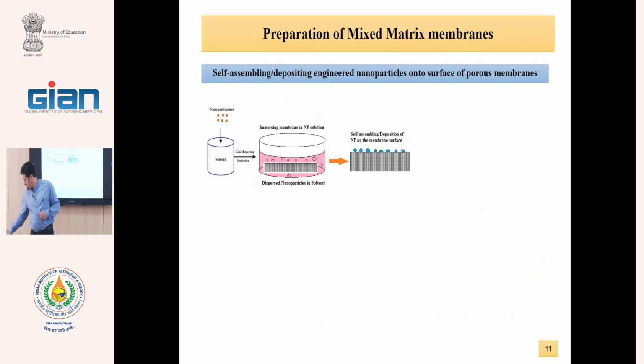After fabrication of the membrane, this is a commercial membrane or one we prepared beforehand, we produce a suspension of the nanoparticles in solvent with sonication, and the prepared membrane is immersed in